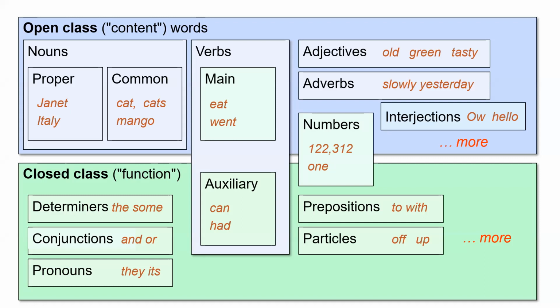Verbs refer to actions and processes, including open class main verbs like draw, provide, and go, and closed class auxiliary verbs like can, will, had. Auxiliary verbs can mark semantic features of a main verb, such as its tense, aspect, or mood. Adjectives often describe properties or qualities of nouns, like color, that is white or black, age, old or young, and value, good or bad.